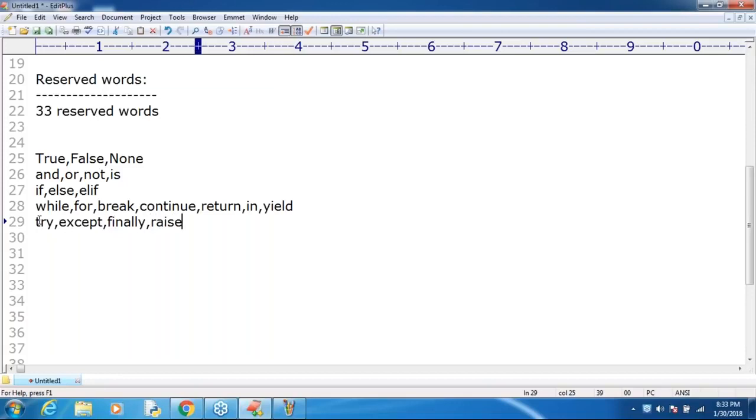Next, raise, to raise our own exceptions. Raise is the keyword. Yesterday one student asked, throw and throws are not there in Python. Try, except, finally, raise. Next, one student asked, are you going to cover assertions or not? Yes, the keyword is there.